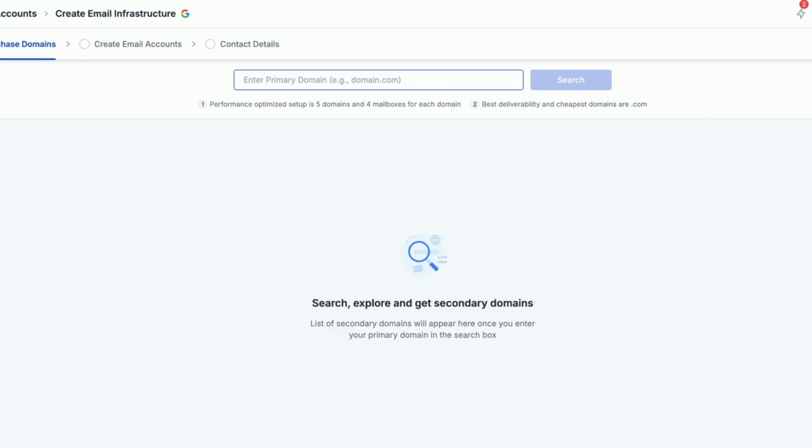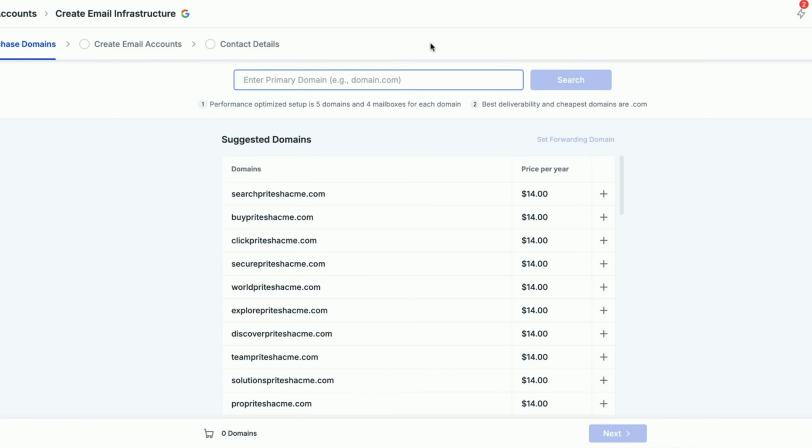Now, many people struggle at the start because there is just too much to set up. You need to buy multiple domains, set up email records, handle deliverability and whatnot. But with Saleshandy's email infrastructure, I can start right away. I just need to enter what domain I need and all of my email accounts are set up instantly and all my records are set up automatically. It's super easy to use and I never miss out on any important deliverability aspect. Also, it saves me a lot of time, because even at 2 minutes per domain, it takes a whole lot of time to set up multiple domains for good deliverability.